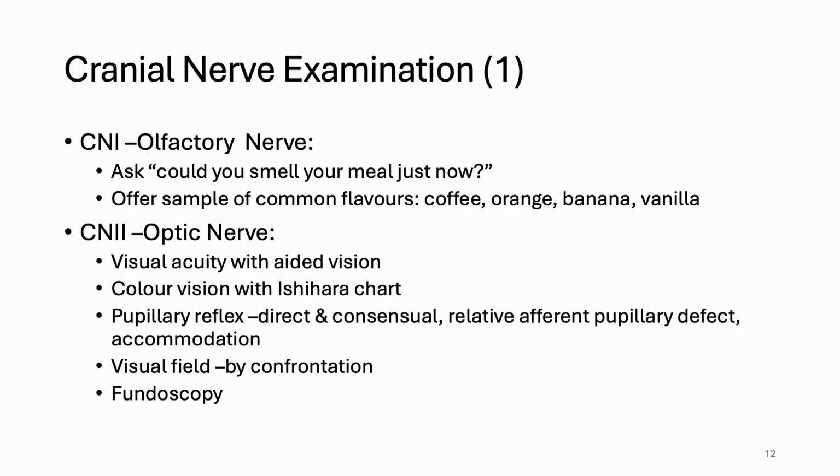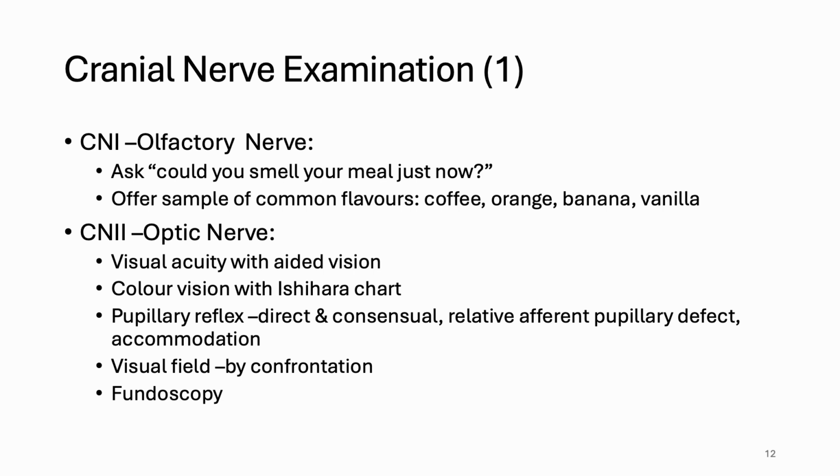After the assessment of higher cortical functions and abnormal movement, we have come to the third component of the examination of the central nervous system, which is the cranial nerve examination. There are 12 pairs of cranial nerves. For cranial nerve 1, the olfactory nerve, you would ask the patients, could you smell your meal just now, or offer some samples of common flavors such as coffee, orange, banana, or vanilla, and ask the patients to name the